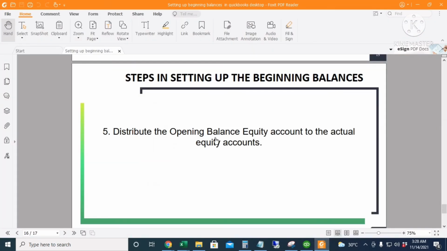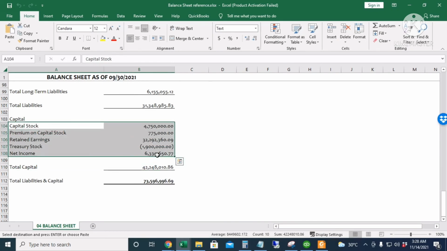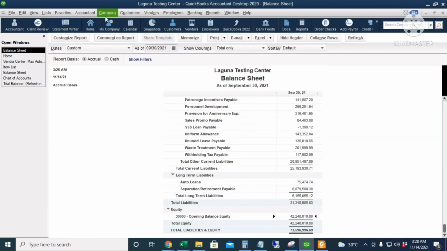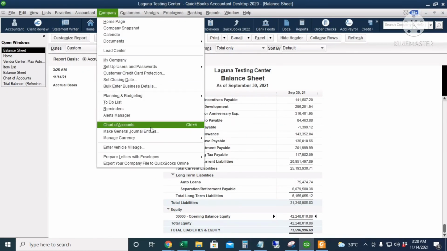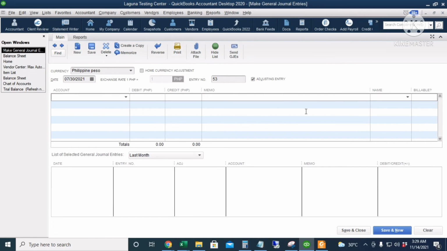So the next thing that we're going to do is to distribute the opening balance equity account to the actual equity account. So these are the actual equity accounts. For the net income, we didn't input the income and expense account, so we will just manually input the net income amount at 6.3 million. I'll go to QuickBooks and we're going to create the journal entry. Okay, so I'll go to company and then make general journal entries. So the credit amount is capital stock, 4.750 million credit,